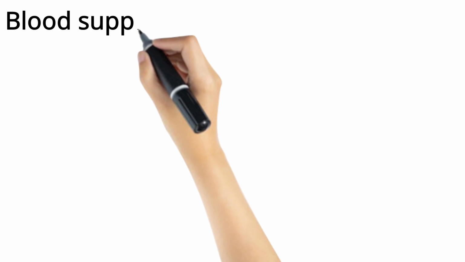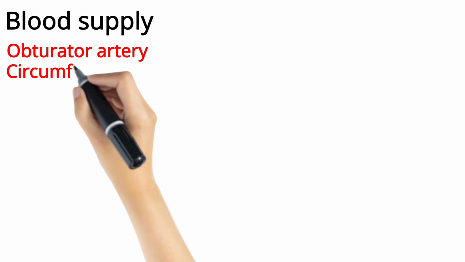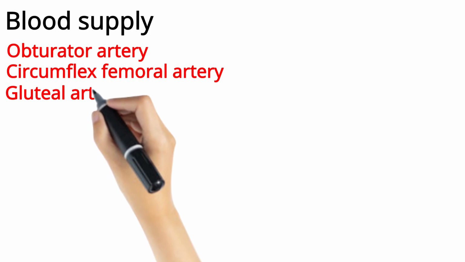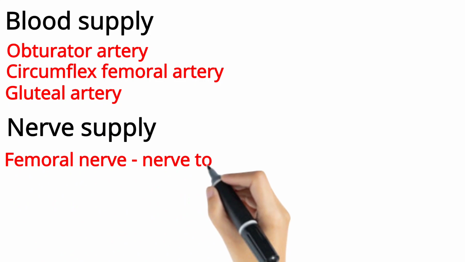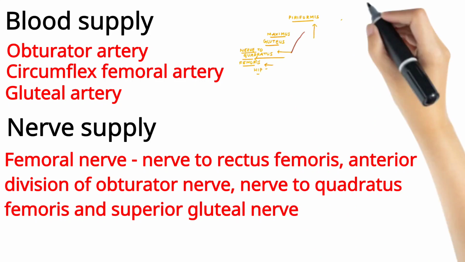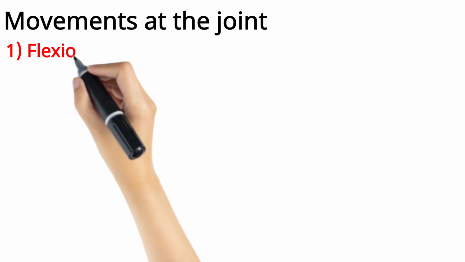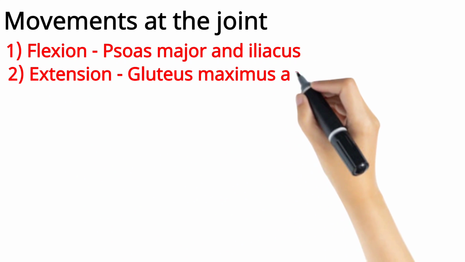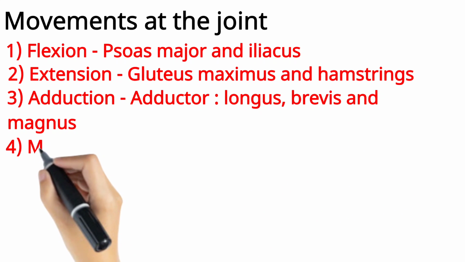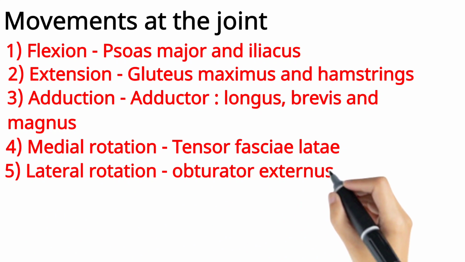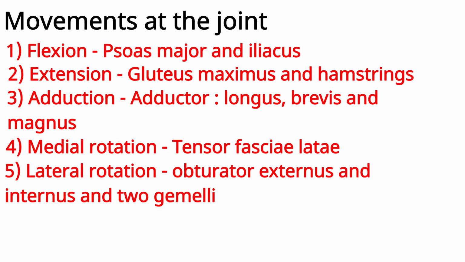Now coming to the inferior relations. Inferior relations of the hip joint are basically the structures related to the ischium of the hip bone. These are adductor longus, brevis, magnus, all the hamstring muscles, that is semitendinosus, semimembranosus, adductor part of adductor magnus and biceps femoris. Okay. The next is pectineus and obturator nerve. Also gracilis. Now coming to movements of the hip joint, then we'll see blood supply and nerve supply.